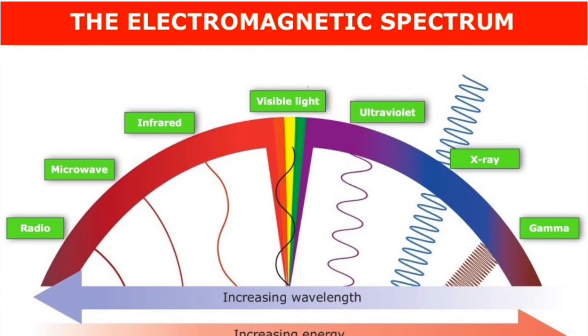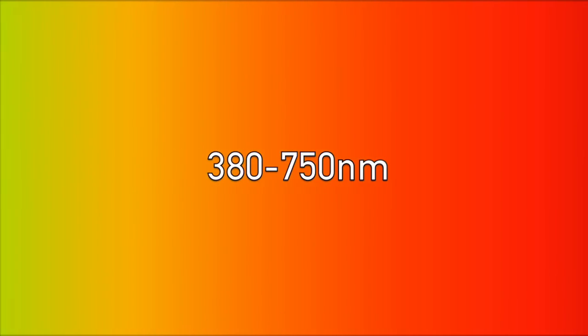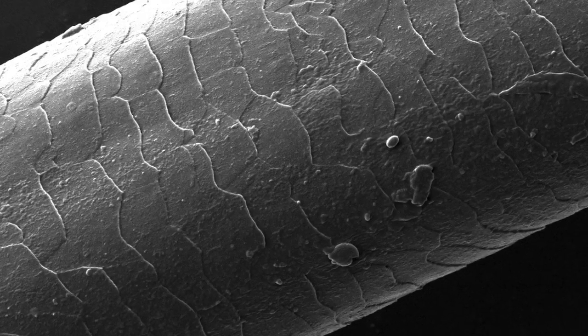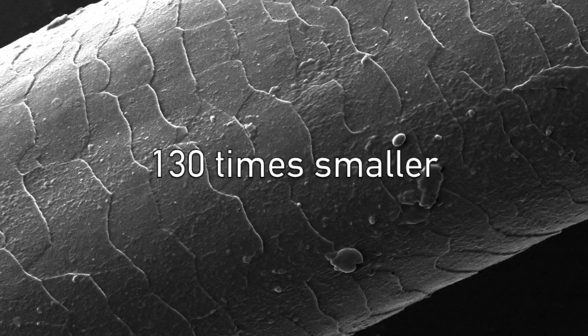largest radio waves. Of the entire electromagnetic spectrum, we humans only see a certain portion of this, called the visible spectrum, which is formed by any wavelengths between 380 to 750 nanometers. A nanometer is a minuscule unit of measurement. In fact, it would take 6 million nanometers to make up 1 centimeter. This means that the largest wavelength visible to the human eye must be 130 times smaller than the width of